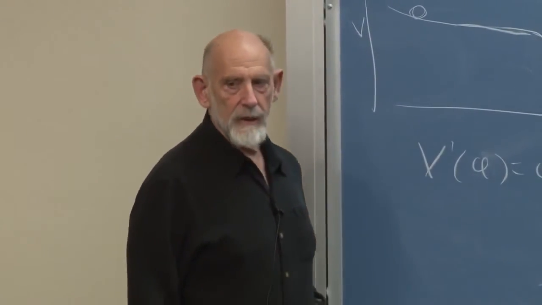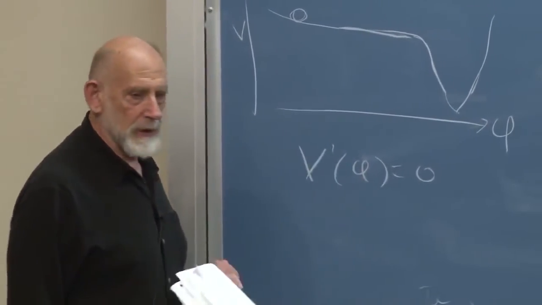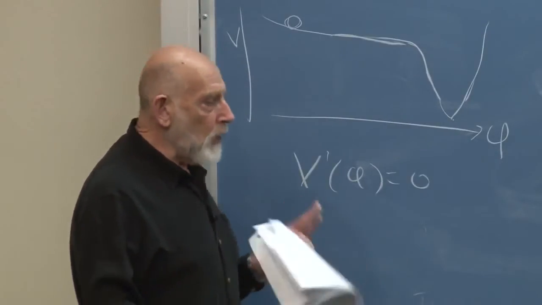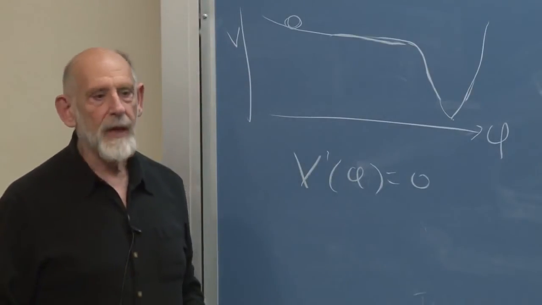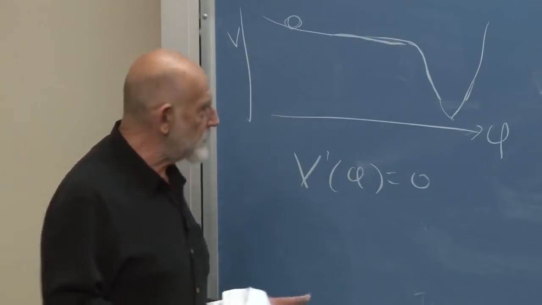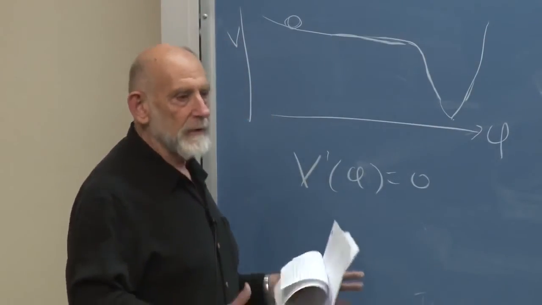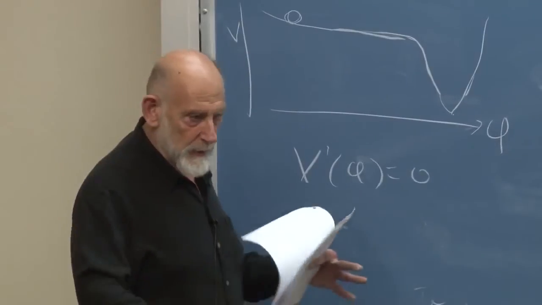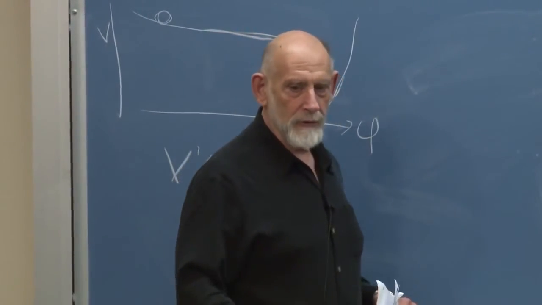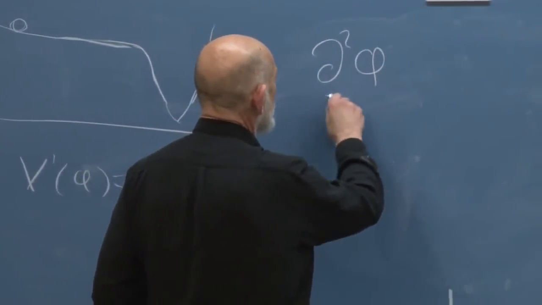Let's write down the field equation for a scalar field with no potential. The full equation of motion in ordinary flat space-time. What is it? It's the wave equation. It's the good old wave equation for a scalar field in empty space. This would be in ordinary space-time, not in inflating or expanding space-time. Anybody remember what it looks like? It's a second-order partial differential equation. It's a wave equation, and it looks like